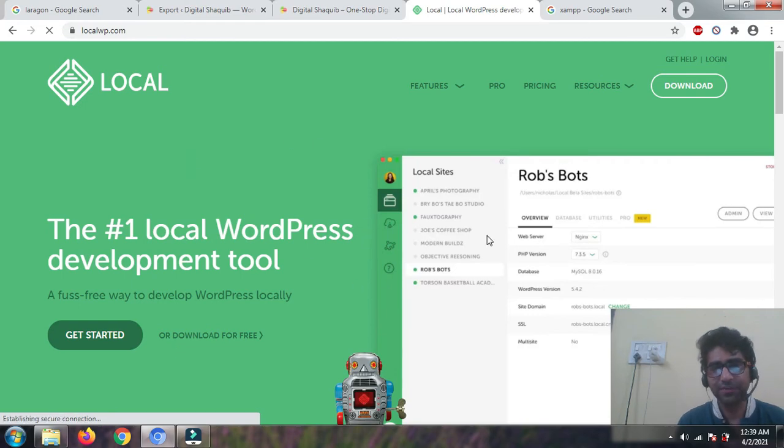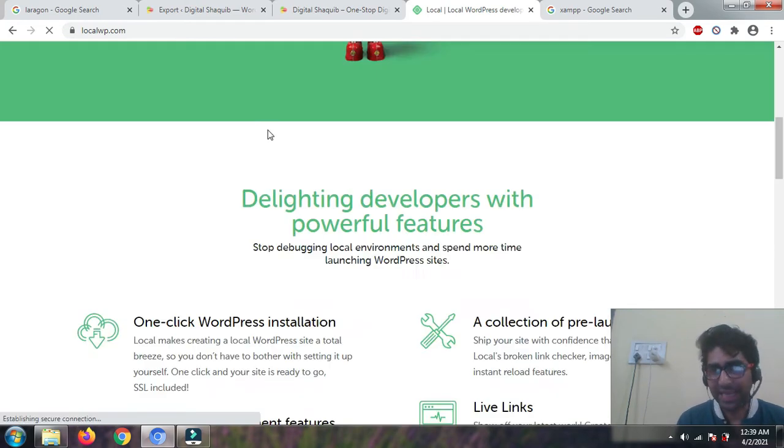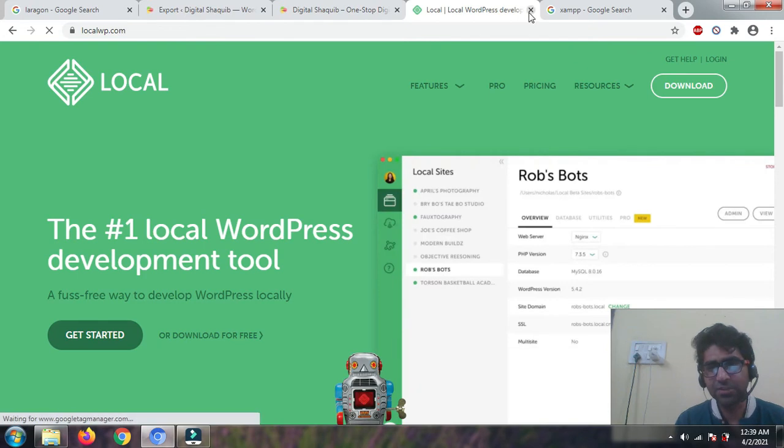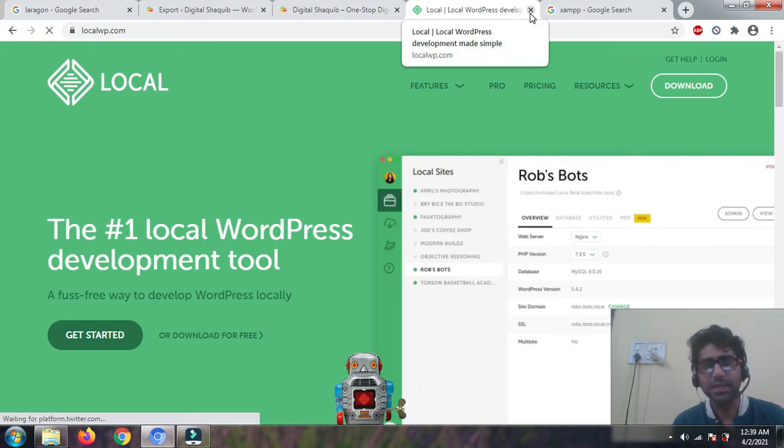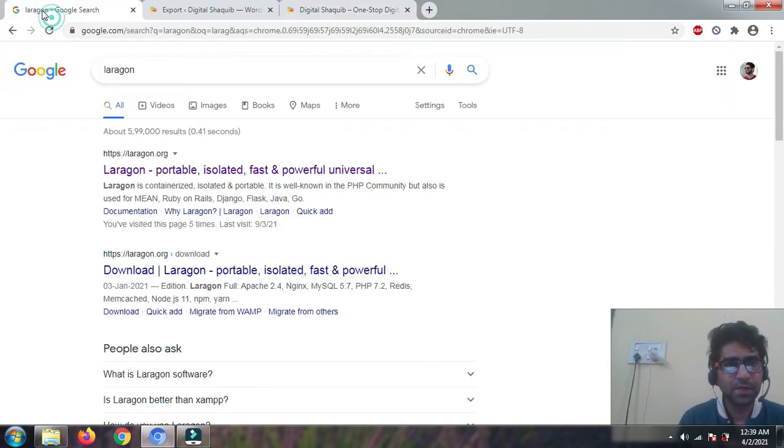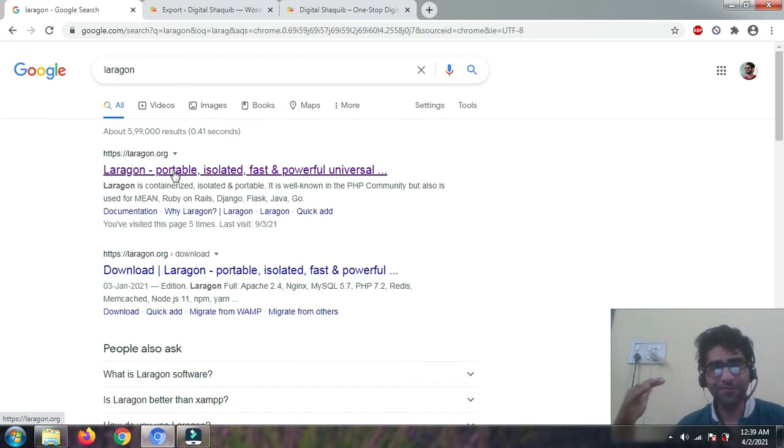So I was using Local, but now I know of an application called Laragon, and I find it better especially for beginners. Local is more feature rich, but Laragon is more portable. Speed wise, it's very good. I think it will install WordPress with a single click. It works flawlessly, and this has been my go-to application for installing WordPress lately on my local machine, of course. So go to Laragon,